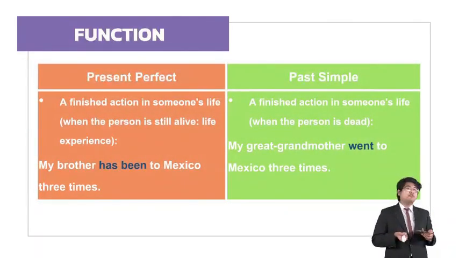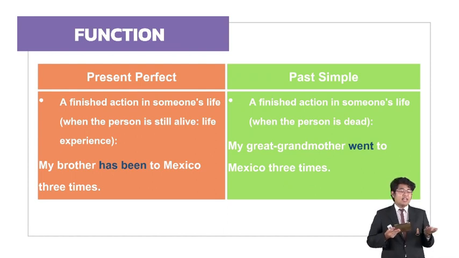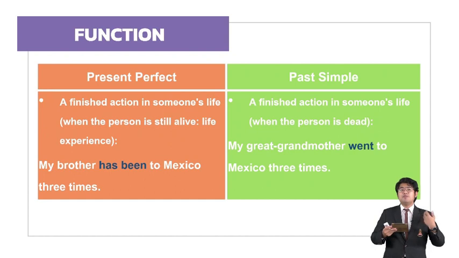Okay, next. For present perfect, a finished action in someone's life when the person is still alive, or life experience. Please look at the example. My brother has been to Mexico 3 times. Right? You can see this sentence uses been. จำได้ไหมครับ been ใช้ยังไงเราก็ใช้ทำไมคือ ไปแล้วกลับมาแล้วเห็นไหม My brother has been to Mexico 3 times เขาไปเม็กซิโกมาแล้ว3ครั้งนั่นหมายความว่าทำไมครับเขายังมีชีวิตอยู่แล้วเขาก็มีโอกาสที่จะไปอีกนะครับ Okay, about past simple, a finished action in someone's life when the person is dead. For example, my great grandmother went to Mexico 3 times. อันนี้เป็นเรื่องเล่าอะครับแค่เล่าว่าเขาเคยไปอะคุณทวดเนี่ยเคยไปเม็กซิโกมาแล้ว3 ครั้งซึ่งตอนนี้คุณทวดอาจจะไม่อยู่แล้วนะครับ